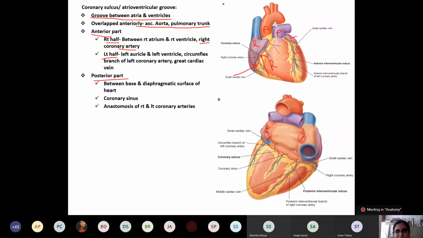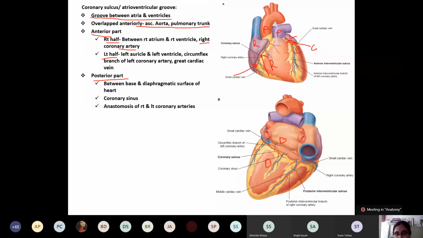And what is the content here? Very, very important contents. There are two contents: the terminal branch of the left coronary artery, and the great cardiac vein. And which vein is this, my dear student? This blue one, great cardiac vein. Okay. Now the posterior part, here you can see it lies between the base of the heart and the diaphragmatic surface of the heart, and in the posterior part of the atrioventricular surface, a very, very important structure lies.